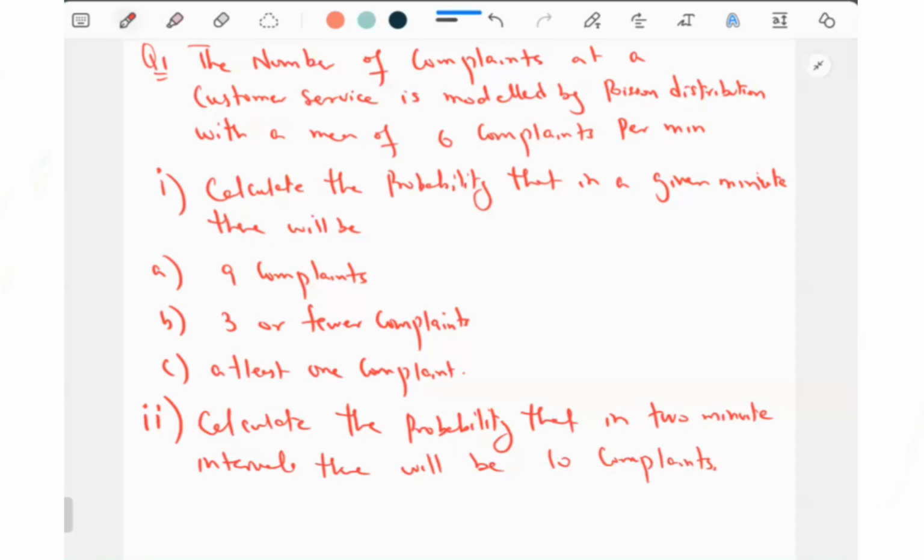सबसे पहली चीज हमने रियलाइज करनी है कि x is a Poisson distribution, lambda is 6. Are you all with me? So जो फर्स्ट पार्ट है जिसमें एग्जैक्टली 9 कंप्लेंट्स हैं, e^-6, 6 की पावर 9 over 9 factorial, 0.0688।